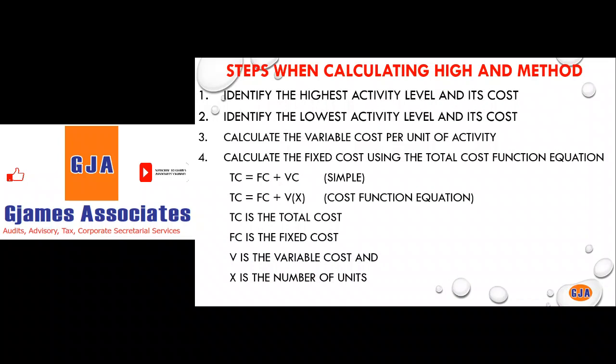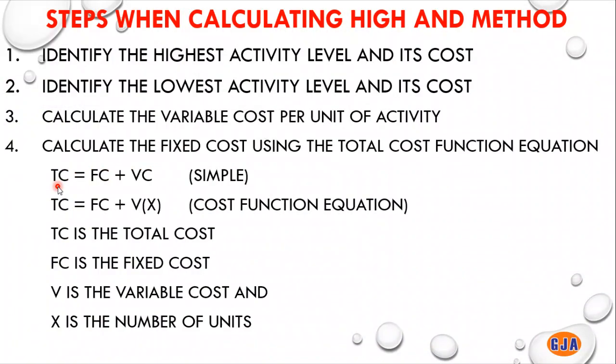On the simple level of things, when we are talking about total cost, we will talk about the fixed cost aspect of it and the variable aspect of it. That is total cost. Can we see it? Let me broaden it for us to see. Okay. So in the simplest format, total cost is equal to the fixed cost